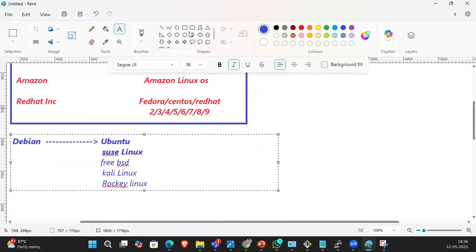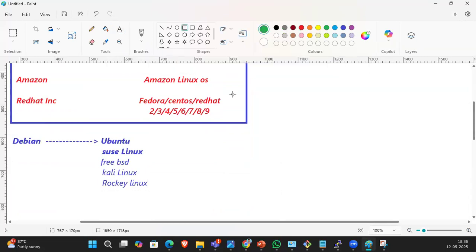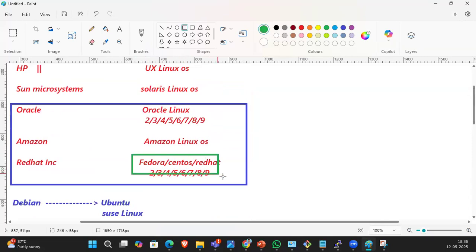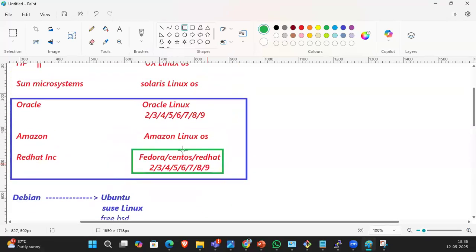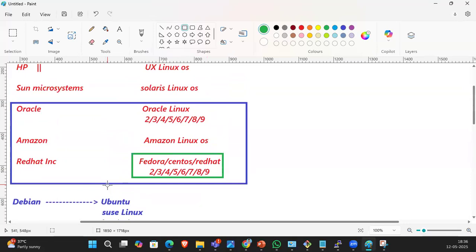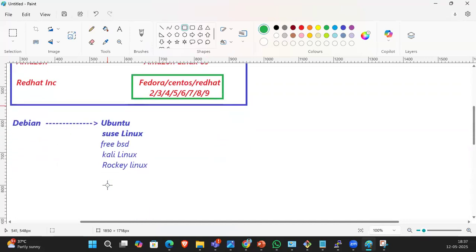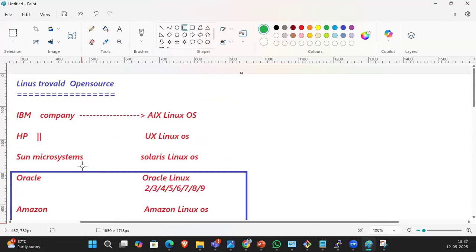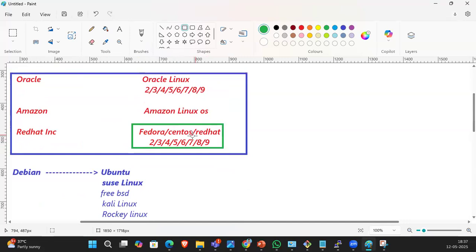So in this course, what will we learn? We will learn CentOS, Red Hat, Fedora. We are installing CentOS, which is freeware. We are installing CentOS 9 on our machine. Working on CentOS and Red Hat will be very easy, guys. Across all the flavors of Linux, the core commands are the same. The functionality is the same, and the only difference is the naming convention. So now we understand which Linux OS we are installing.